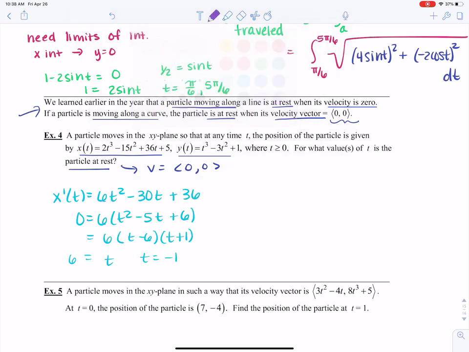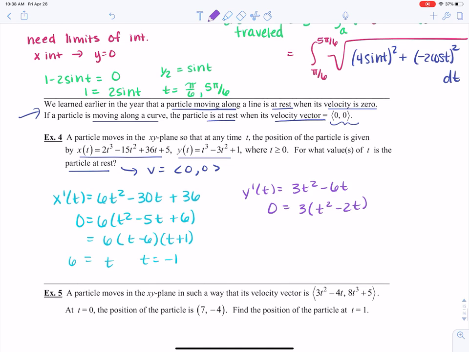And I'm going to do the same thing with my y prime. We're going to find y prime of t. So 3t squared minus 6t. We're going to set it equal to 0. And I get, by taking out a 3, t squared minus 2t. And if I take out a t, I get t minus 2. That means that t equals 0 and